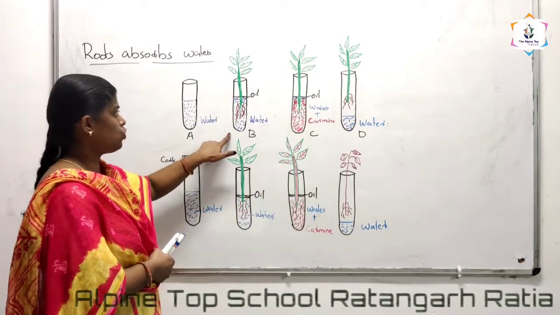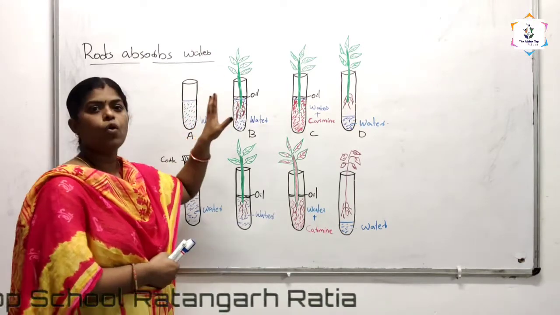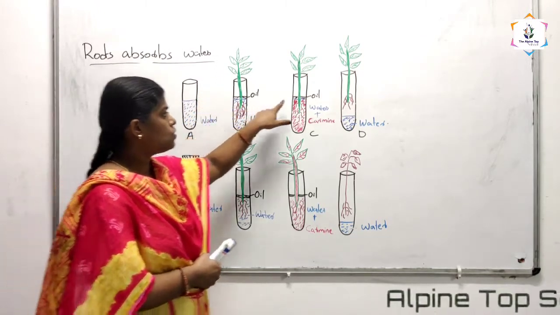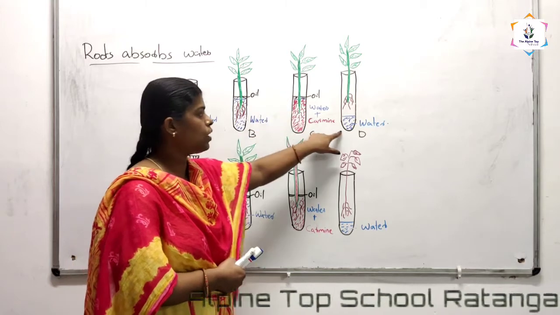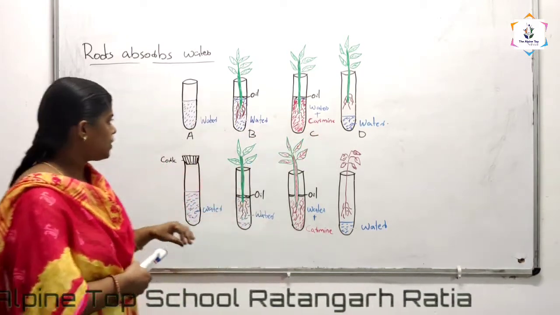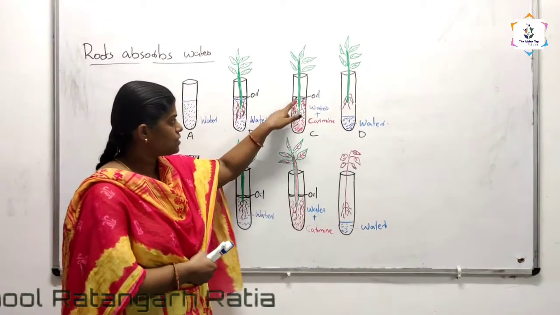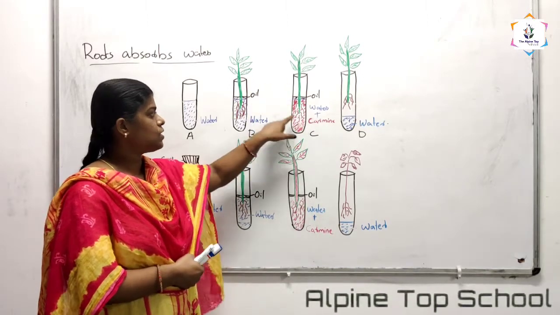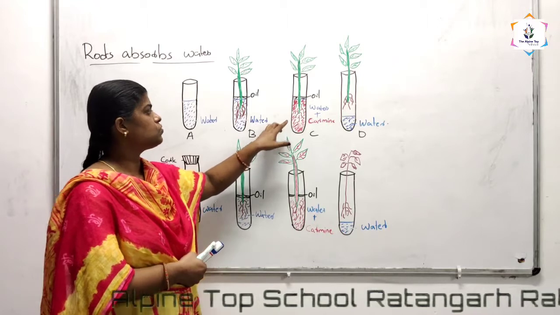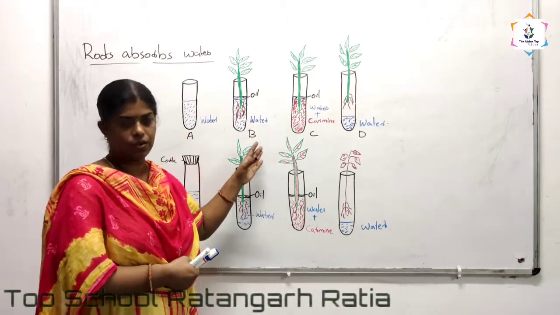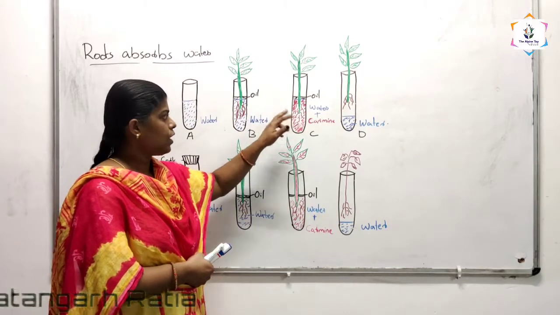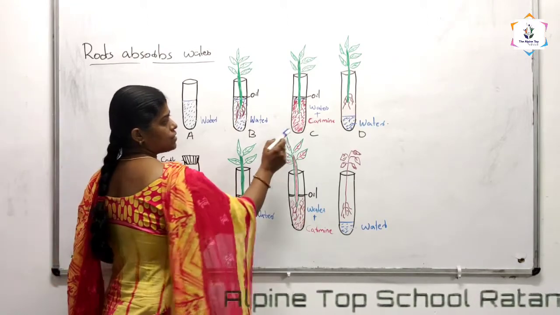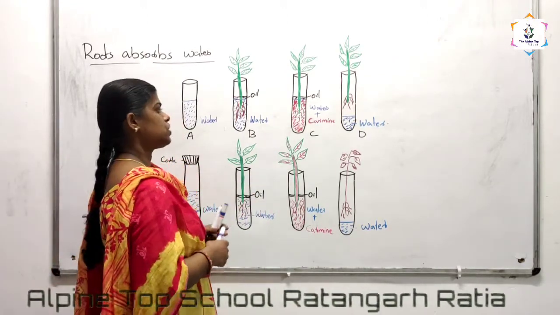And in tube B we are adding 1 drop of oil also. We will add 1 drop of oil on this water. Here also we will add 1 drop of oil. Here only water will be there. You can see that there is a color change for tube C, which has a reddish color. Why is it so? Because we have added a pink dye in it. Water is added already, and in the water we are adding carmine. Carmine is a pink dye, so it has a pinkish, reddish color.